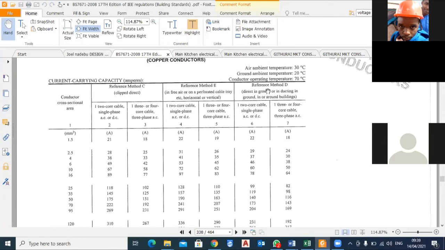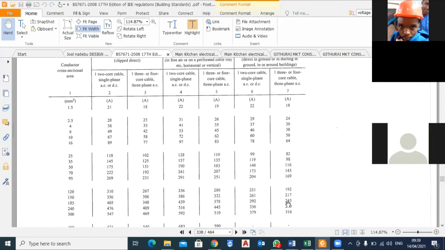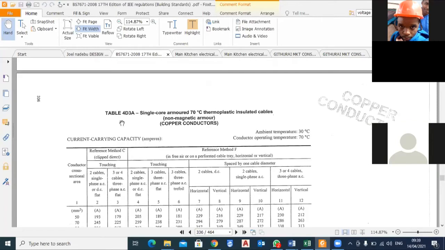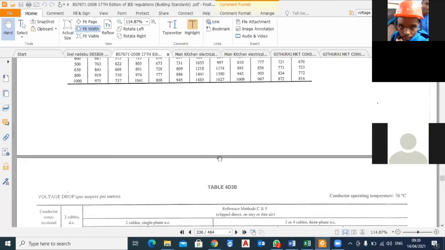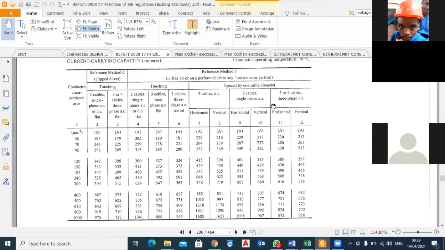339, where is it? And then you want direct ground, near the ground, around buildings. So for 339, here you will use 300. 300 to come and 2 core. 316, how much is it? Again, here. So we'll just use this single core. We'll use the single cores because we cannot use a 4 core. It's not being supported. We'll just use single cores, Ahmad, and then for 300,